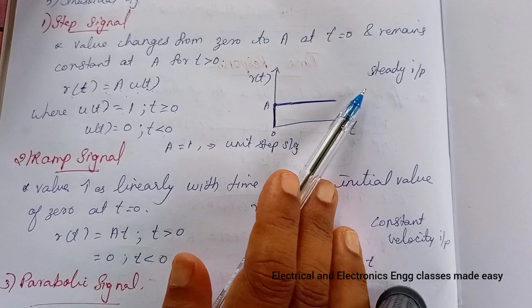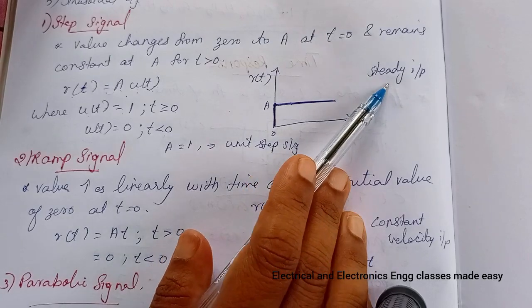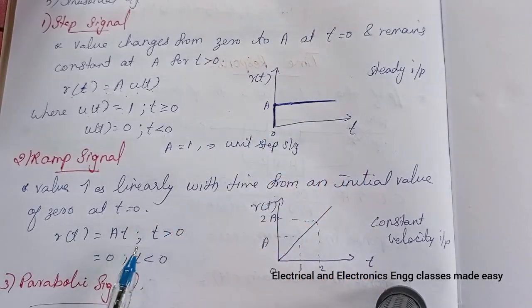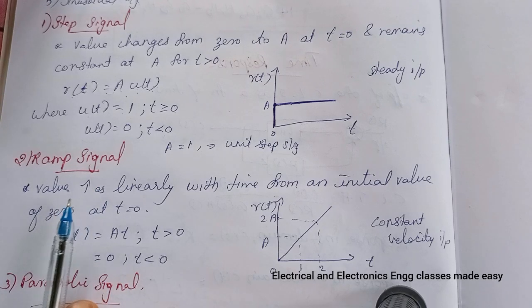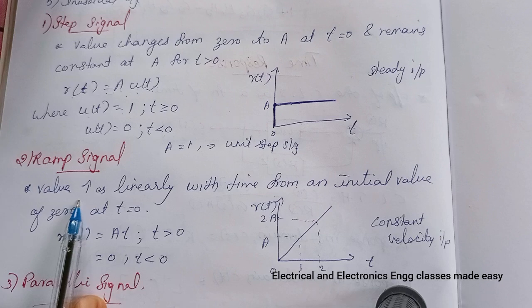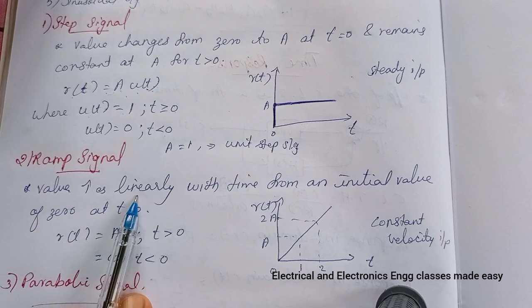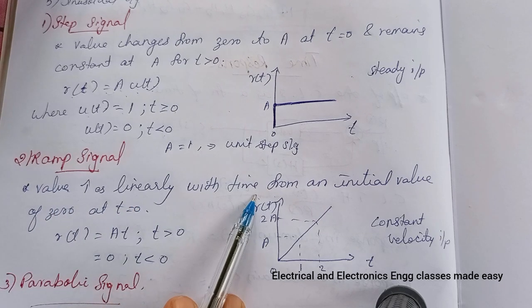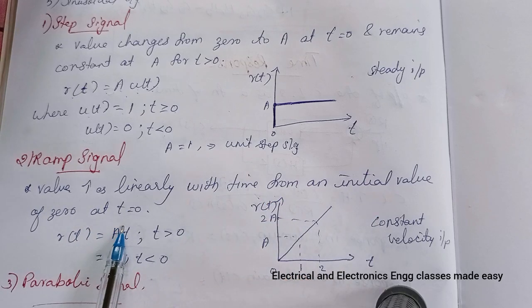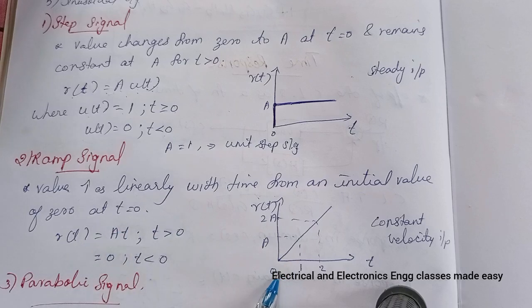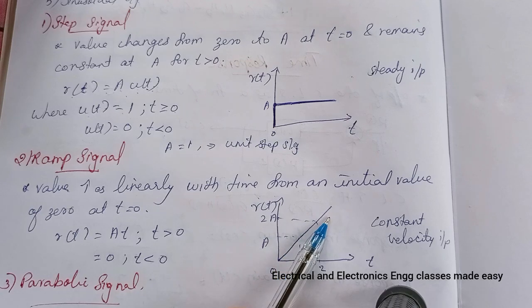So its plot resembles a steady input. Next is ramp signal. The ramp signal is a signal whose value increases linearly with time from an initial value of 0 at t equal to 0. So this is the graph of a ramp signal, and it resembles a constant velocity input to the system,